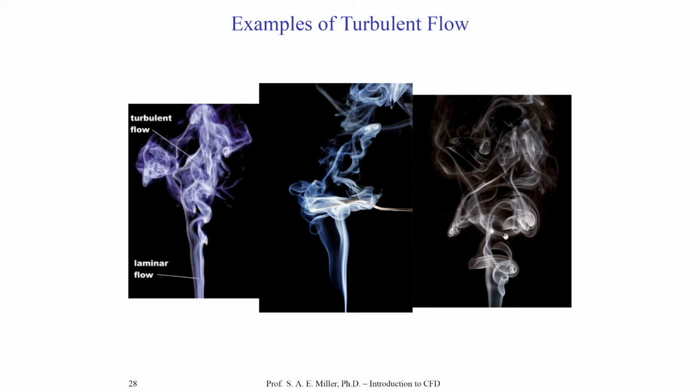I might view maybe this is one large eddy. Where my cursor is, this might be a smaller eddy. And if I look in here, I can see a very, very small eddy. So this might be on the order of what is closer to the Kolmogorov scale or small scale turbulence. And it would dissipate into heat and acoustics. And this large scale is like the integral scale or the largest scale of turbulence, and that carries most of